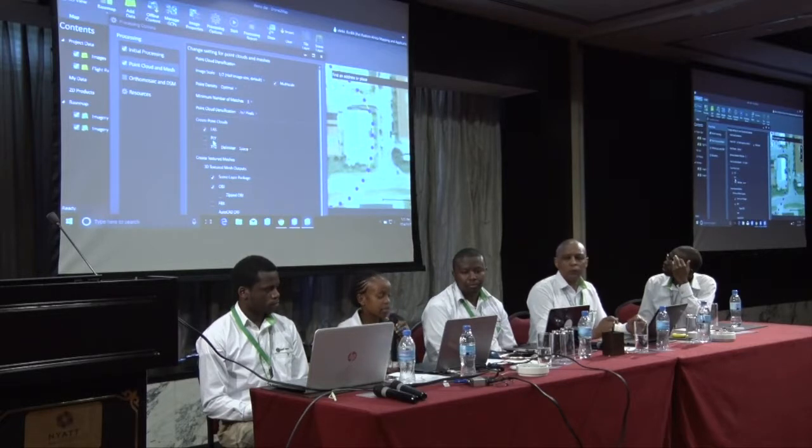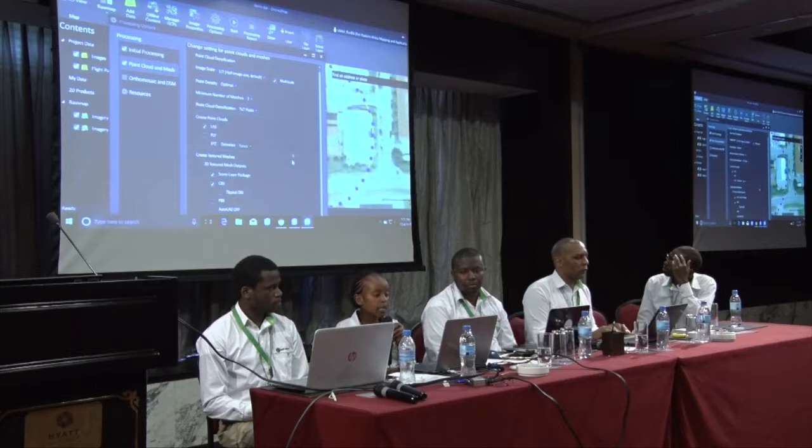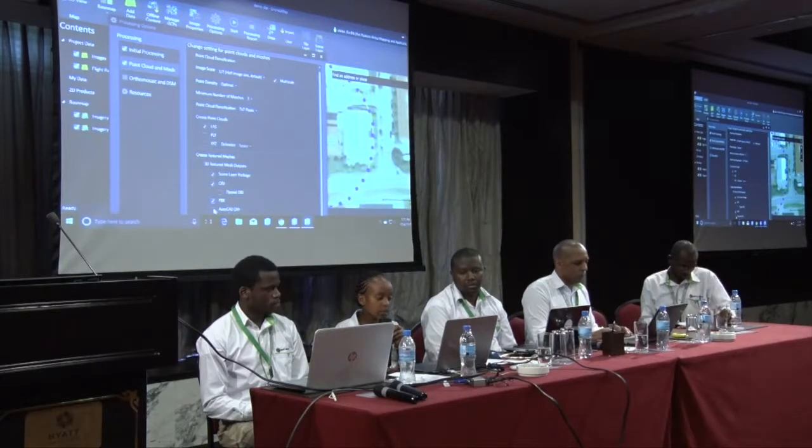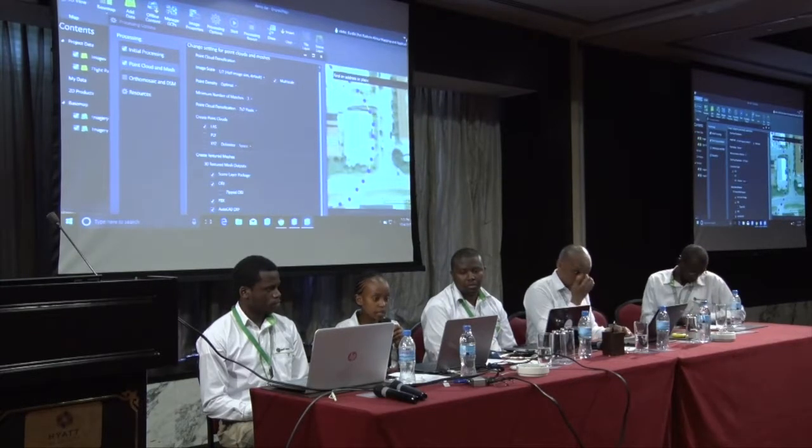So LAS is the default file type for point clouds in ArcGIS. And then we also have our output. We'll want these images to be in various formats such that we can share even with other CAD softwares. So we can have OBJ, we can have FBX, and also AutoCAD. And once we are done,